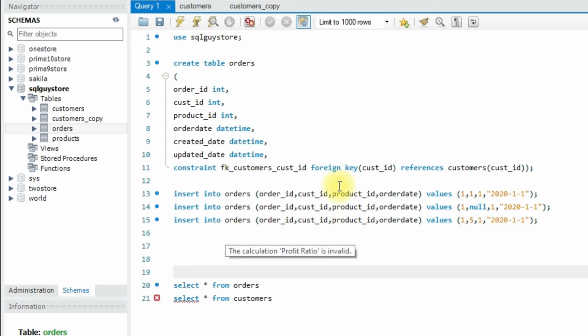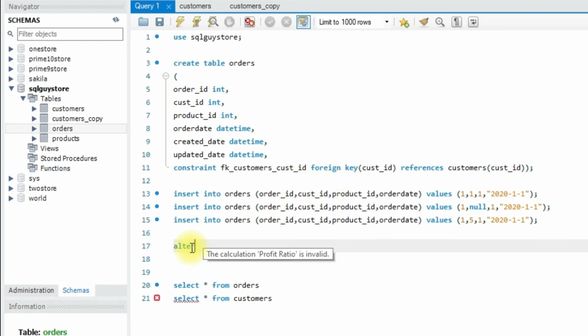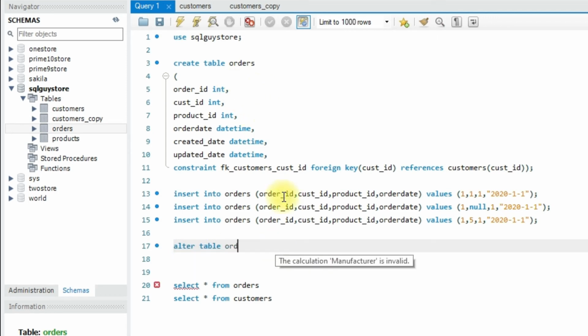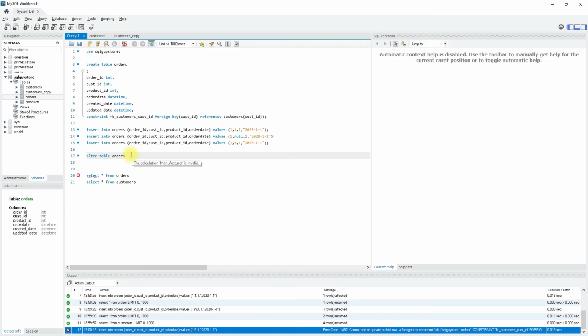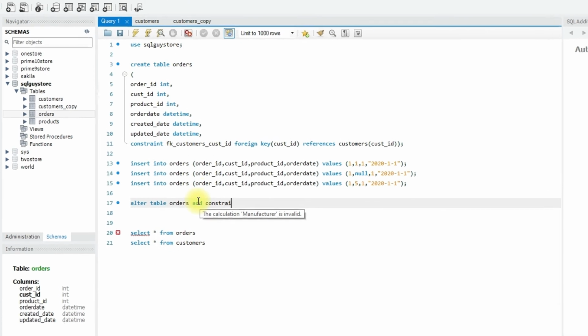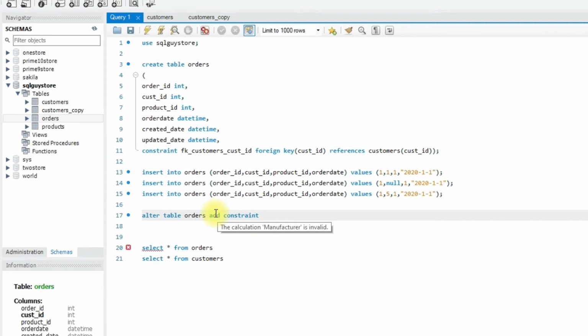And also a table can contain more than one foreign key column referring multiple tables. As we have already created a table, let us now alter table and add foreign key constraint to the product ID in this orders table. So to alter the table, start writing alter table and the table name orders, add constraint and give some meaningful constraint name so that when there is an error, you can easily identify